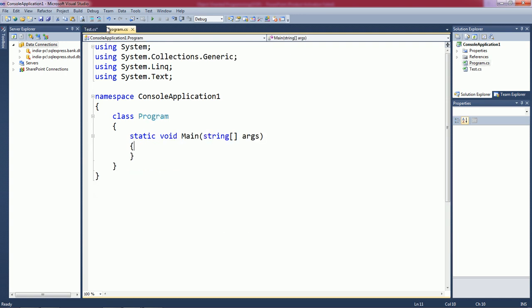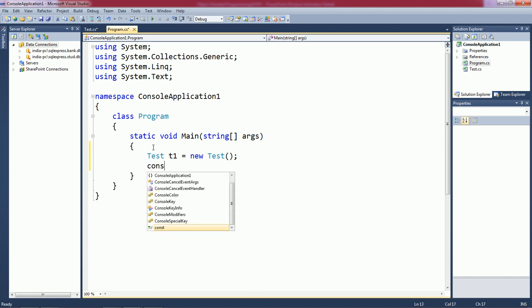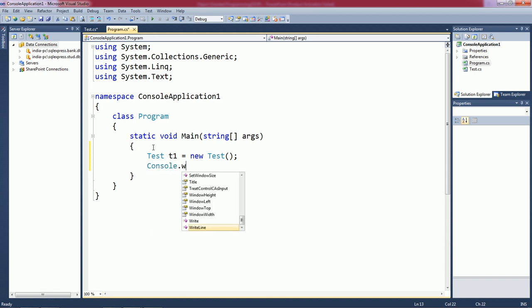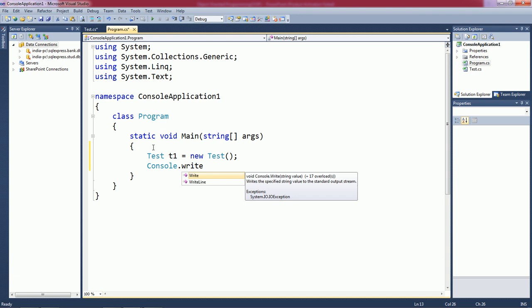Now within the program let us create an object. The first object is Test. Now immediately let us show the details of this object. What will be the values of counter and static counter?